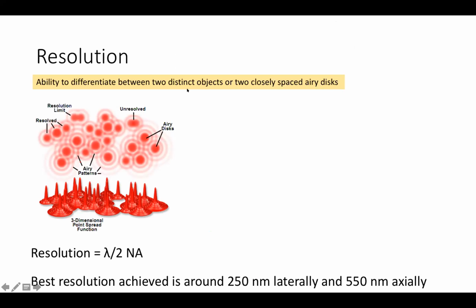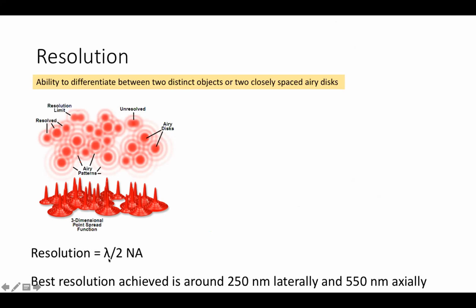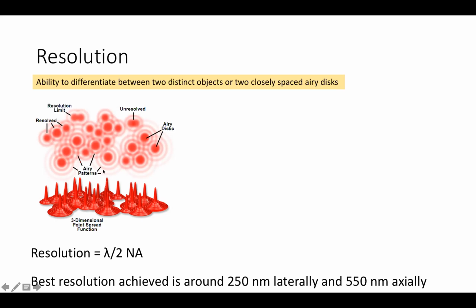All right. So again, resolution is the ability to differentiate between two distinct objects or two closely spaced array disks. And resolution can be defined by the formula, which is the wavelength of the light that you're using, divided by 2 times the numerical aperture, which can be derived from this formula, which is n times sine alpha. And the best resolution that can be achieved is 250 nanometer in XY direction, and 550 nanometer axially, which is